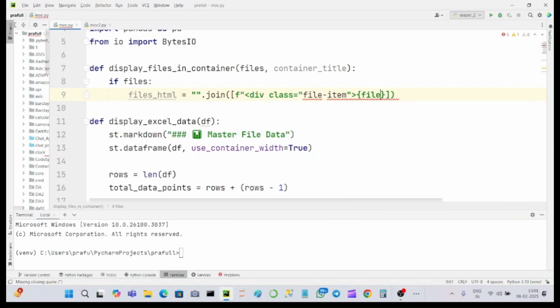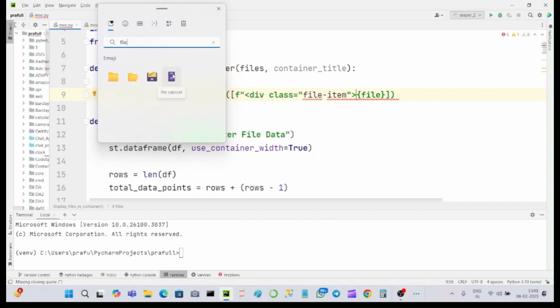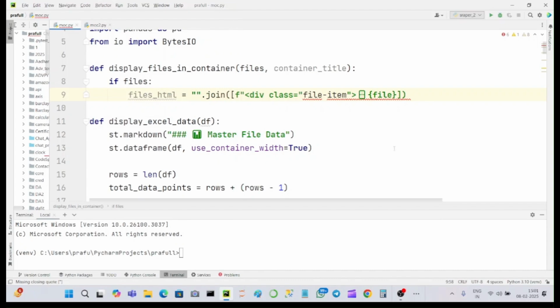file in curly braces, and let me add here one logo, smiley of file, okay. So file, and then let me close the div class. Div is closed. So outside of div, for file in files. Okay,